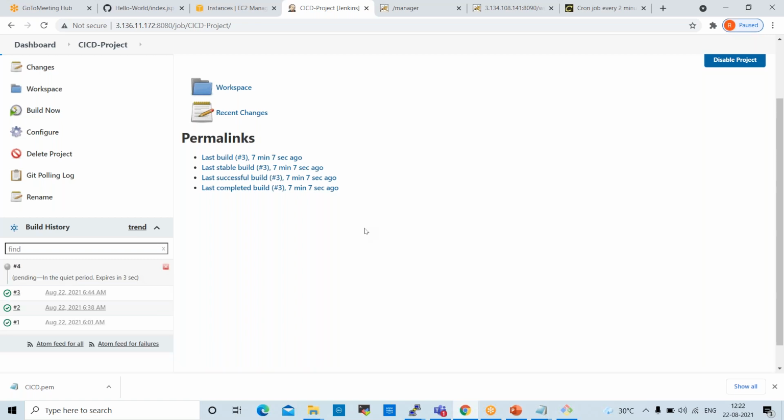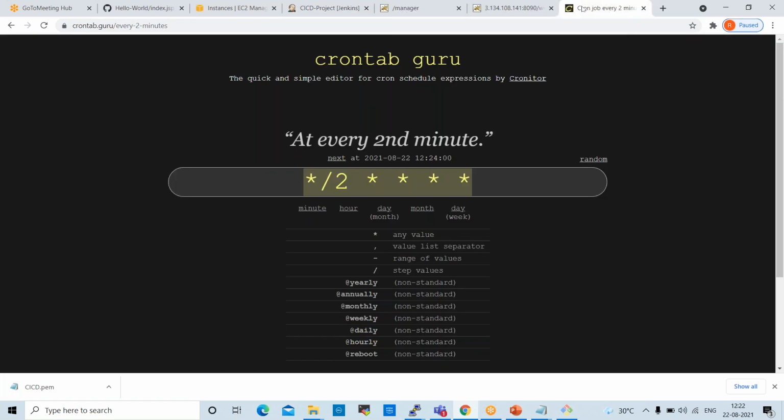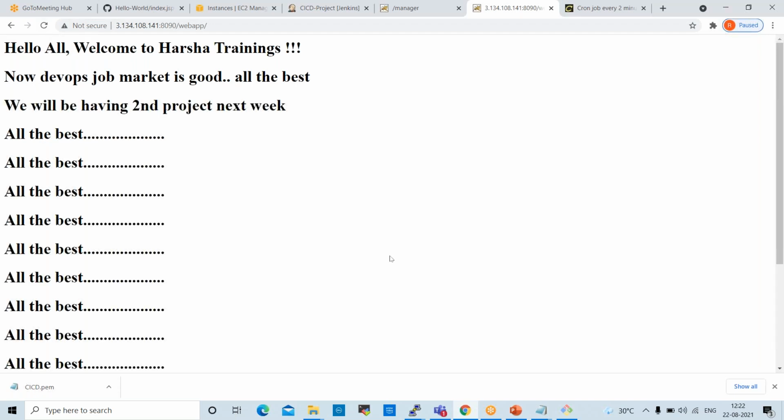Yeah, the fourth job is started. So whenever changes happen in GitHub, Jenkins automatically triggers. Now go and refresh. It will be updated. See here,